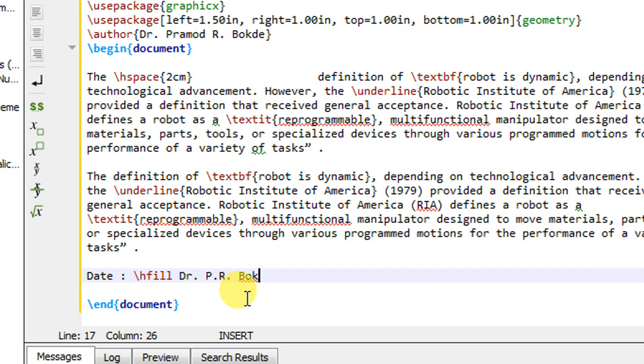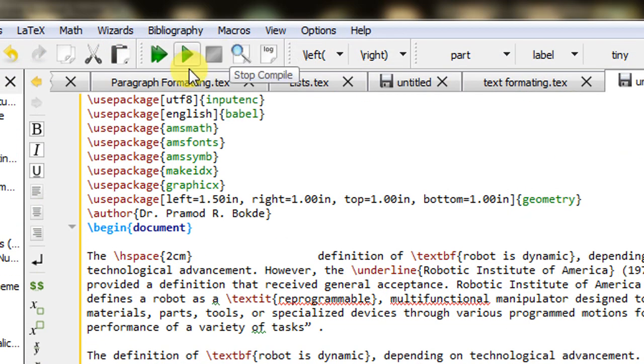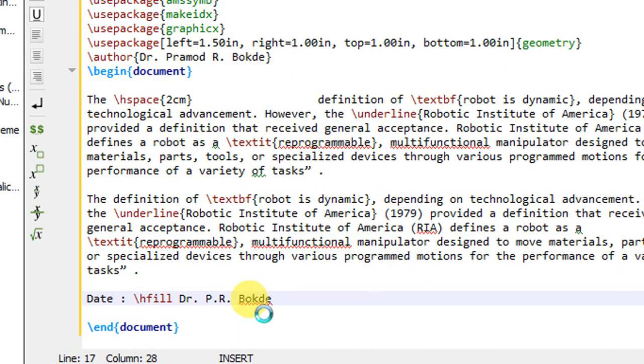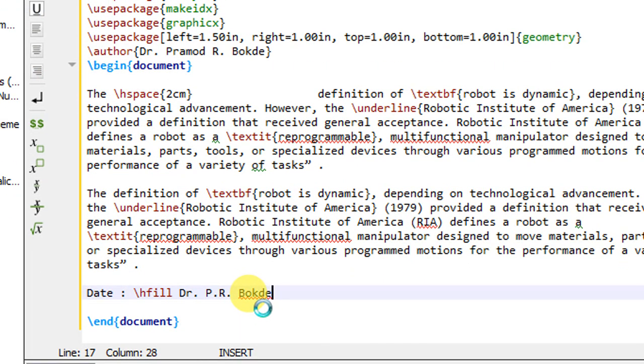That means I want this date to the extreme left and my name to the extreme right, and there should be white space filled between these two words. So I will again build and view. The output produced will be the date to the left and my name to the right.